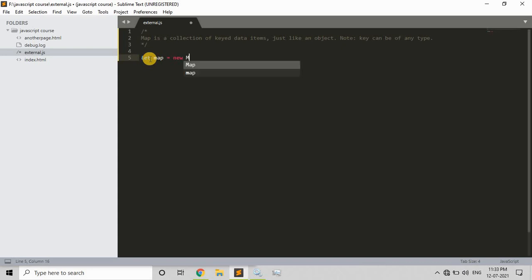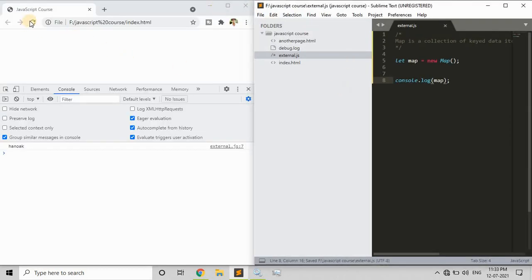So new, and then we'll be calling it as a map. So map is a constructor. With the help of this constructor, we will be creating a map. Now the moment I do this, I'll have a console over here and check what it prints. I'll minimize it, and if I refresh again, guys, you can use Node.js to get the results automatically. Now as you can see, we have got a map.